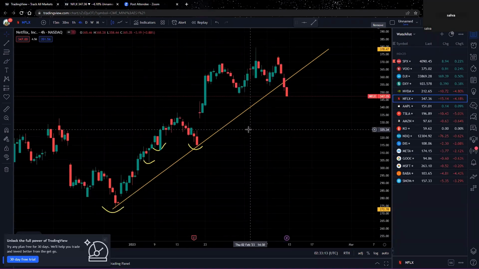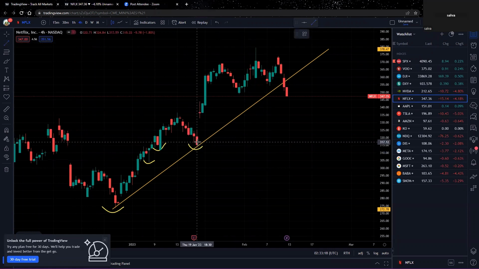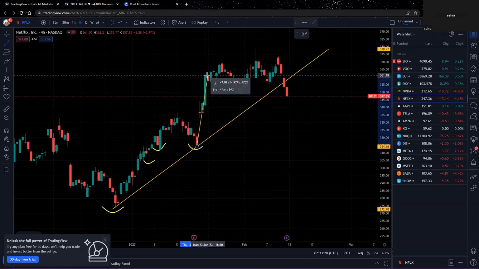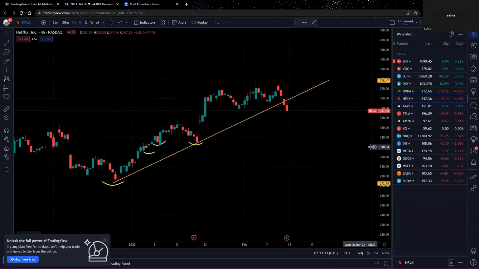It's good that you're pointing this stuff out, because these are where people get confused. This is where people see a shift change. Hey, we made a lower low, and what happens? Look at the violent move we get up. So it's good, bro, that you're getting confused at these points, because this is where the majority of